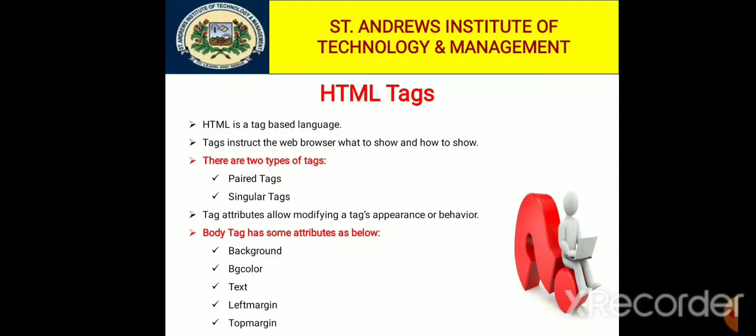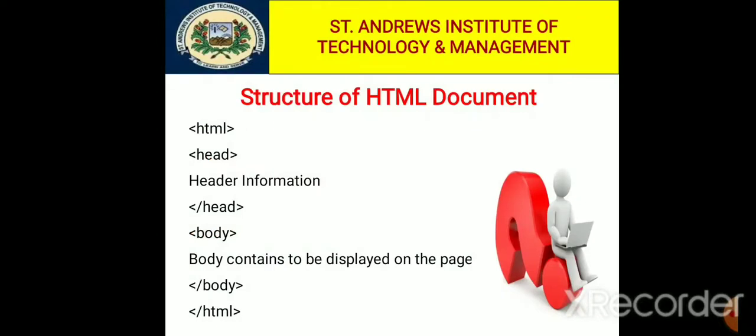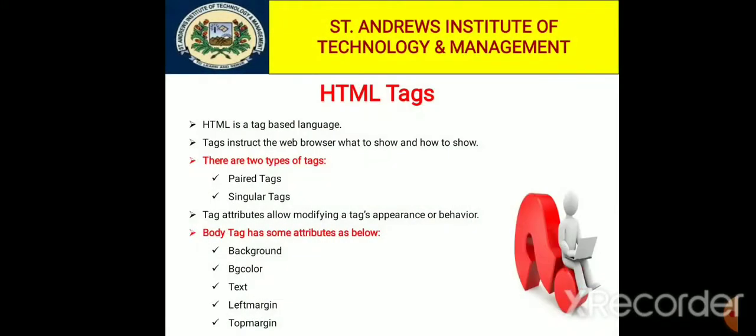These tags are used in pair. One tag marks the beginning and the other marks the end of the tag. Examples of some container tags are HTML, head, and body. In the last slide, there are many container tags, all container tags like HTML open and close, head open and close, body open and close. So these are the container tags.